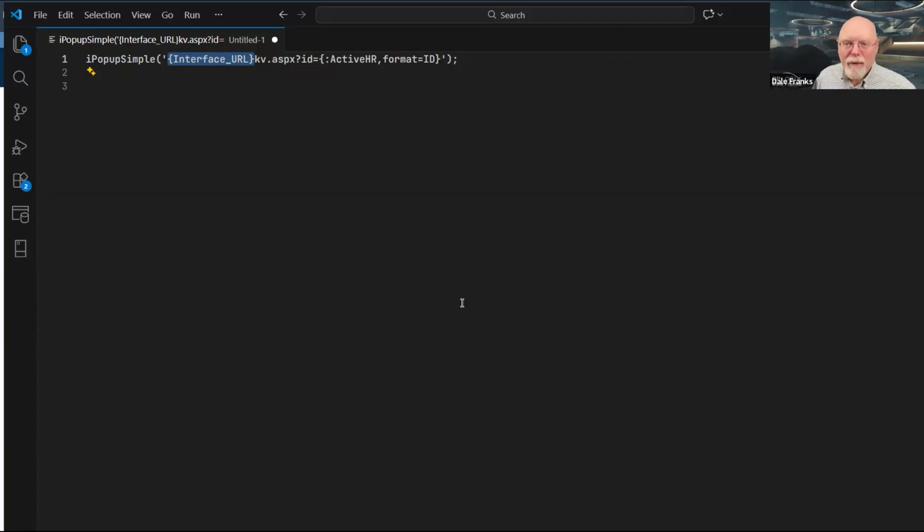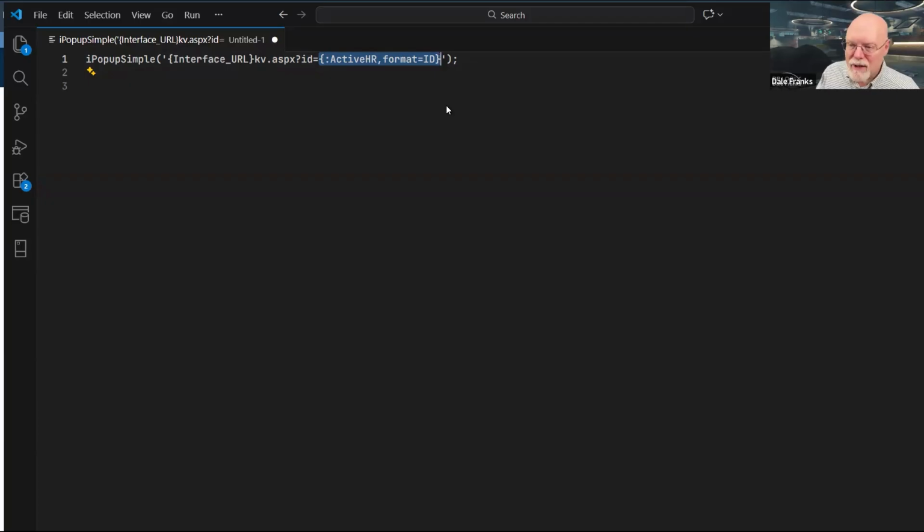And so if I run it on my dev server, interface URL is going to return my dev server's URL. And if I run it on production, it's going to return that URL. So great. I now have that. I do know this is all going to be hard coded. So it is going to be kv.aspx, and I need to pass it the ID as a URL parameter. But now my problem is, how do I do that?